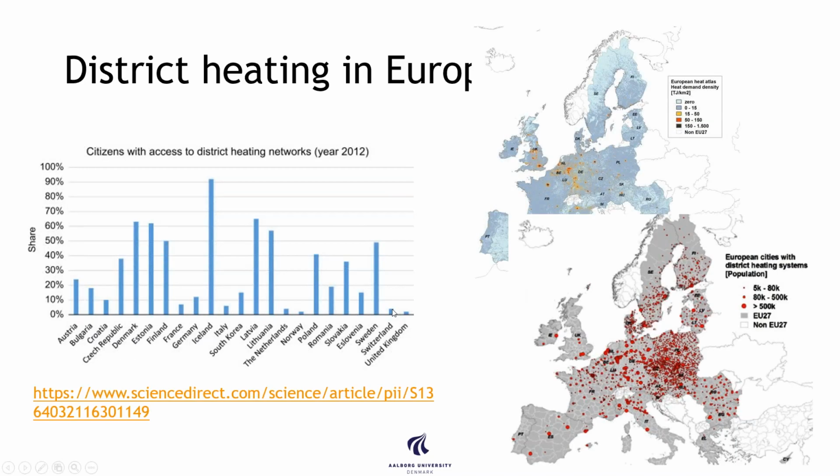So what's the status on district heating in Europe? Through various studies in Heat Roadmap Europe, and other colleagues at other universities, we have tried to get an overview of how much district heating we have. In 2012, you can see that in some countries quite many had access to district heating. If you take Denmark, Iceland, Sweden, and Latvia, Lithuania, so the Baltic countries and the Scandinavian countries, over 50%